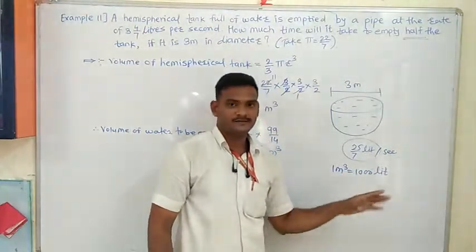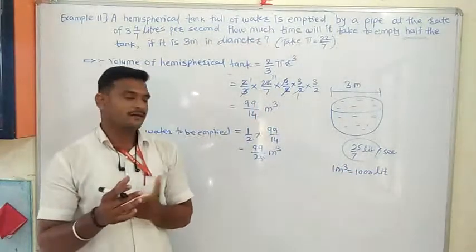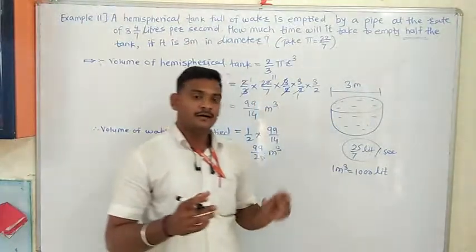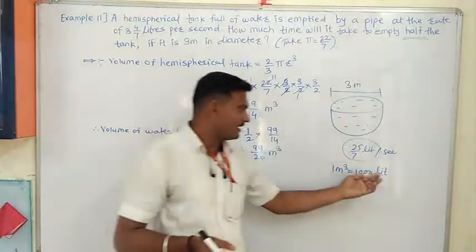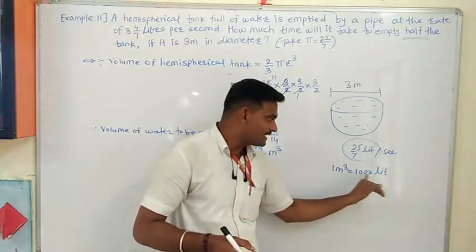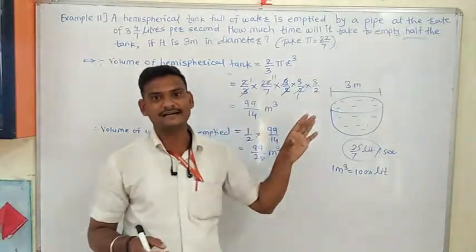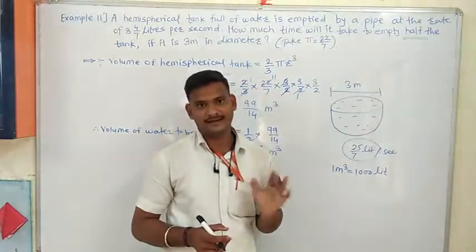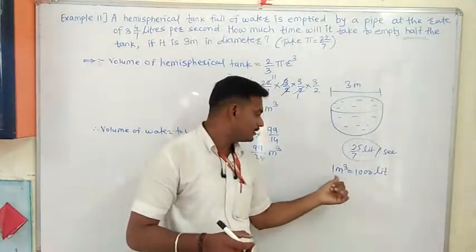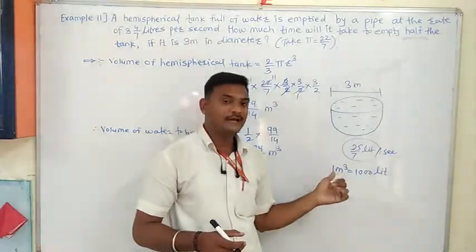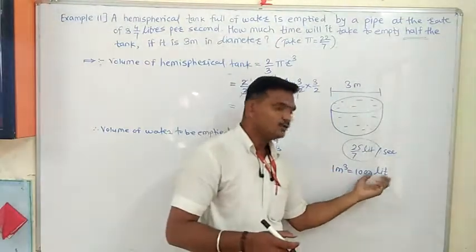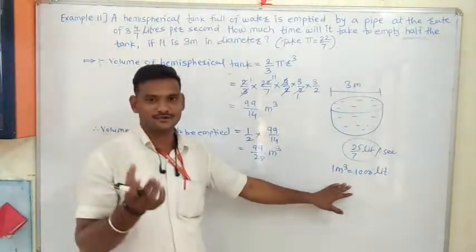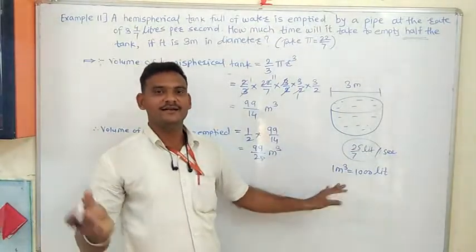If you want to check practically, in your house there is an overhead Syntex tank. Observe that Syntex tank. On that tank, either it is written as 1000 liter, or they can write 1 meter cube. From that we can say that 1 meter cube is equal to 1000 liter. Remember this. Otherwise you can cross check from that Syntex tank also. That is a practical example.